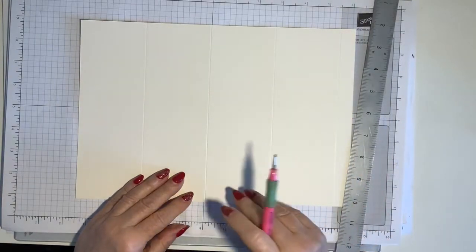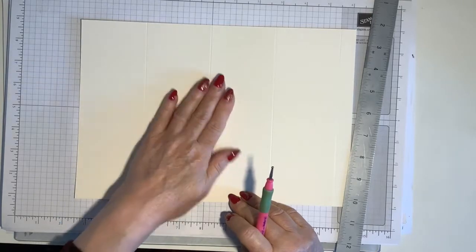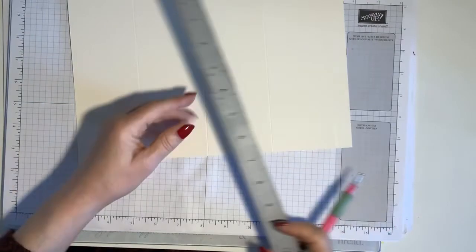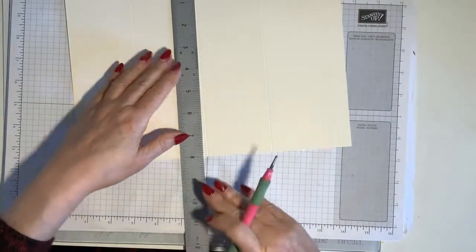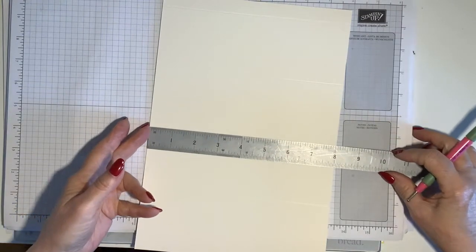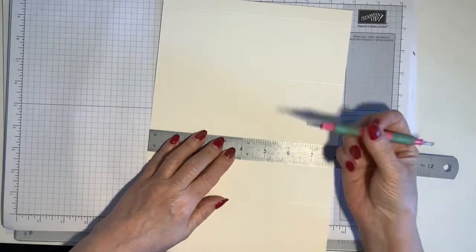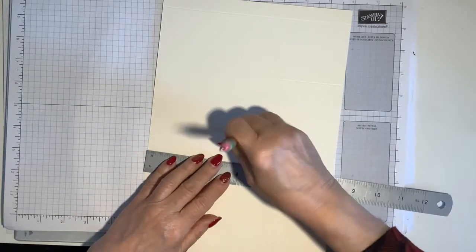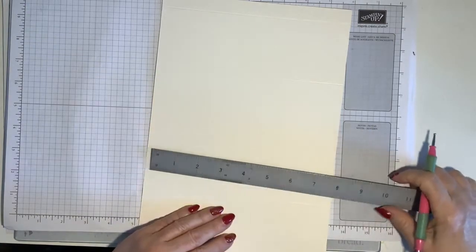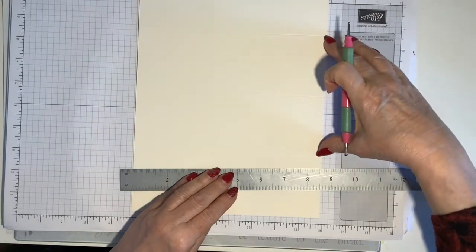So from this centre point, the centre line here, we're just going to find the halfway mark, so 4 inches. So it doesn't matter whether you come from the top or the bottom, because 4 inches is half of 8. So just take your ruler and a little scoring tool and just make a good mark here. And then on these 2 lines, the ones either side of it,